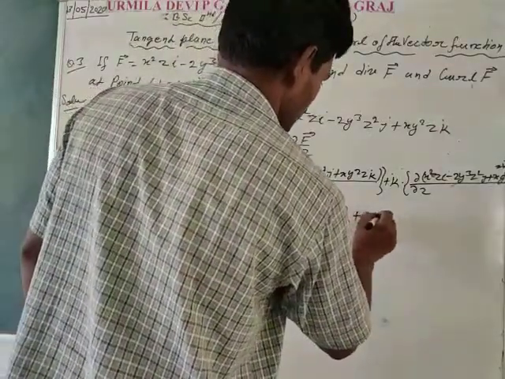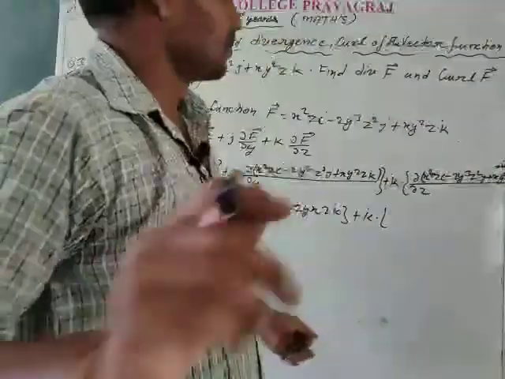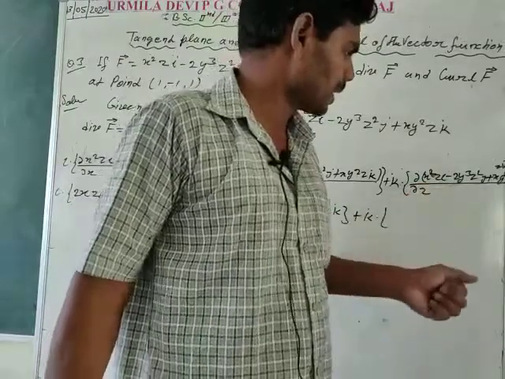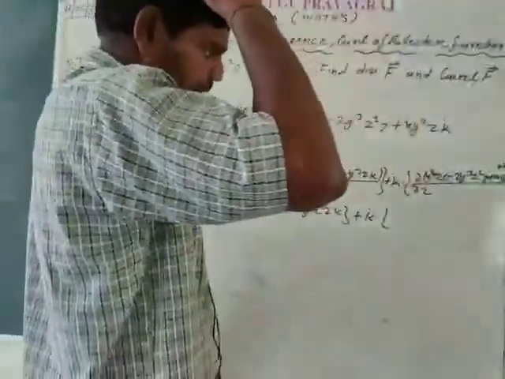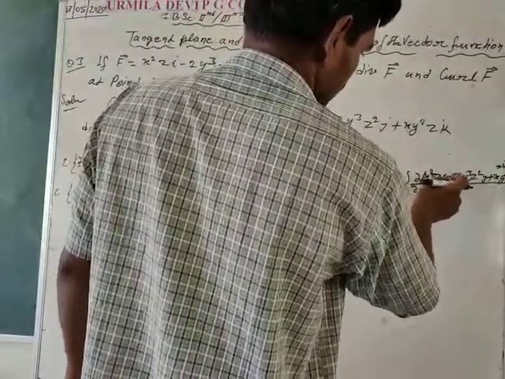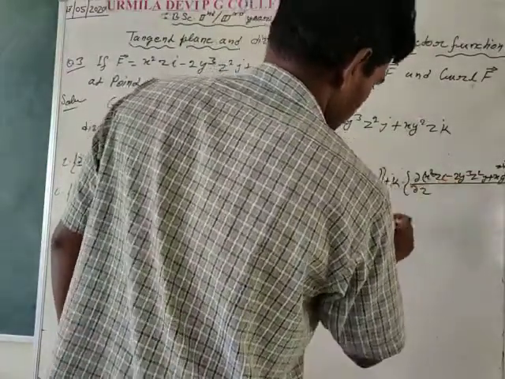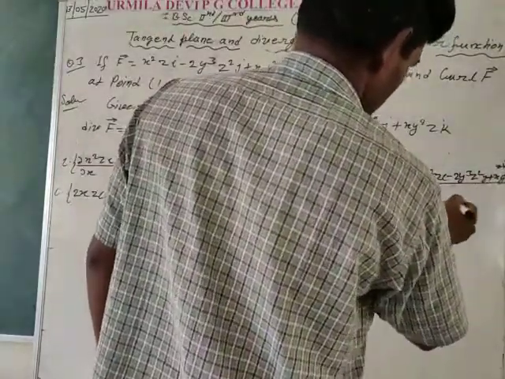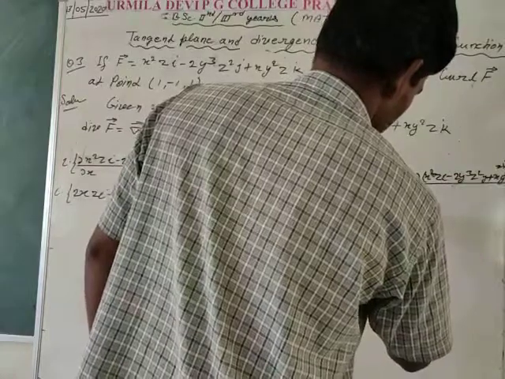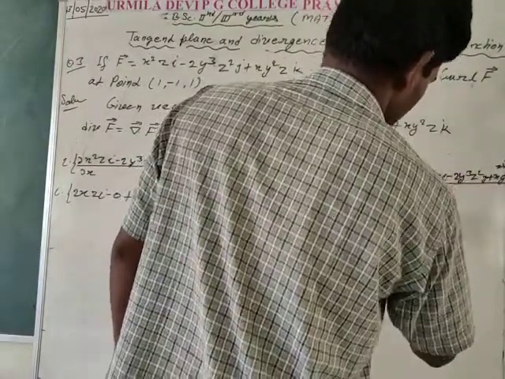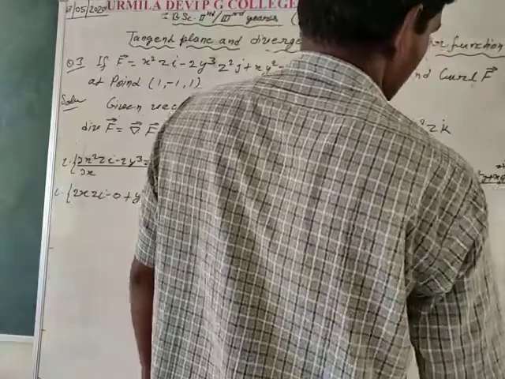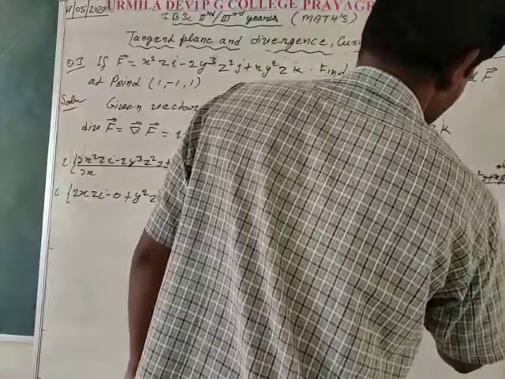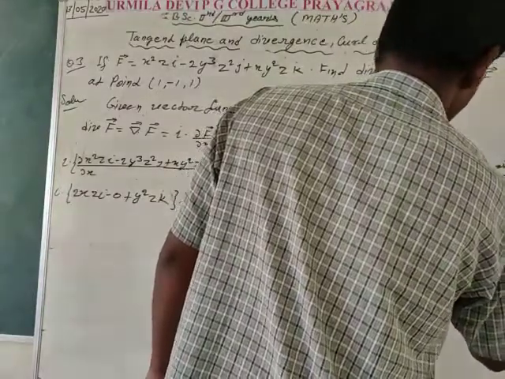At last, k dot with respect to z. Here x and y and small i, j, k will be constant, so taken outside. In the first part, x z i are constant, so it is equal to 0. In the second part, z square whose differentiation is 2z, that is minus 2 times 2 z y cube, minus 4 z y cube. At last, x square z k, so with respect to z it is plus x y square k.